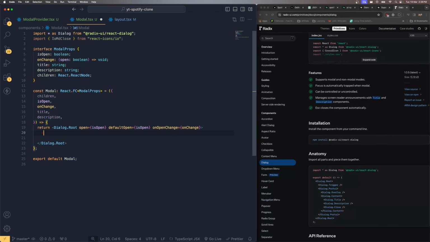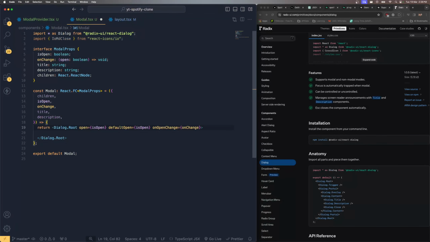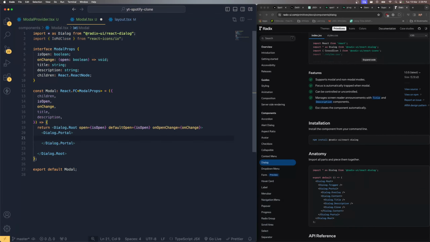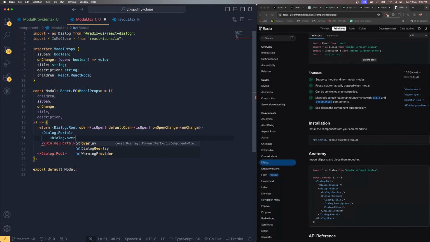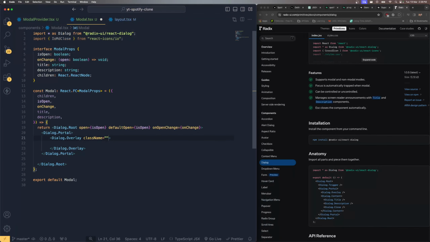Then we have to create this dialog. Oops, not that one. Dialog dot portal. Use this, open it, and inside this dialog dot portal, we have to create that overlay content. So dialog dot overlay, and for this overlay I'm gonna create some class name. So class name, it's going to be bg neutral